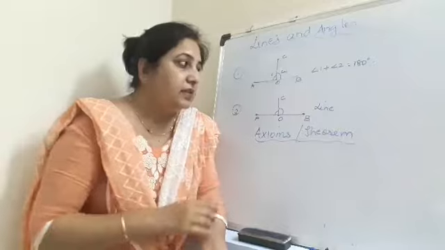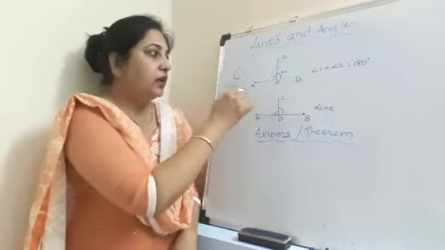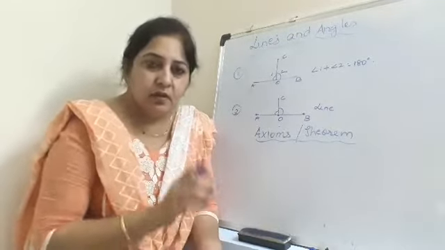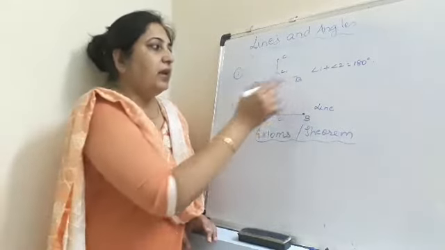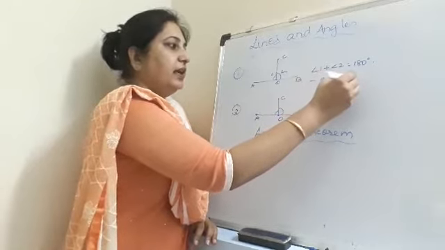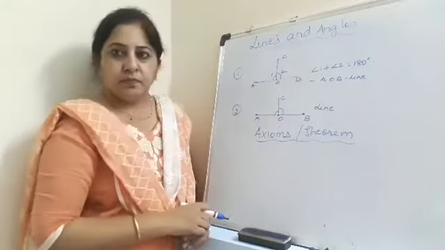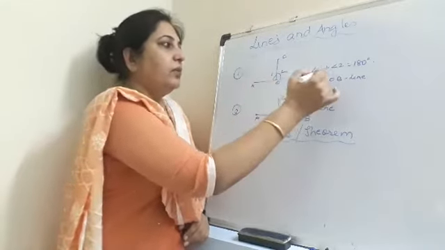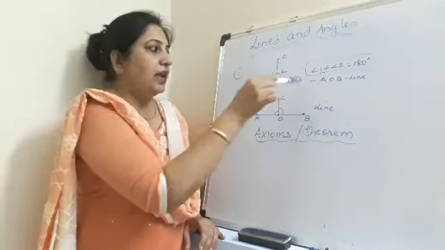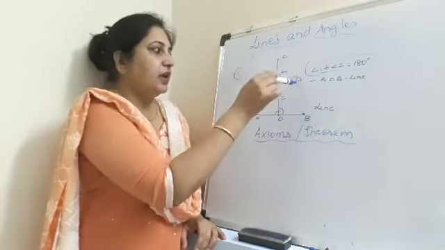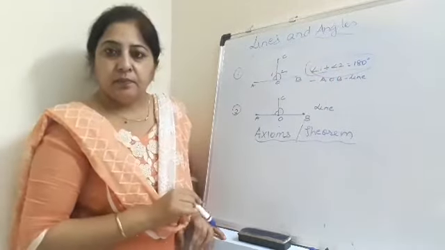Like over here there are two axioms given. First one is, if A or B, they are collinear points. What are collinear points? The ones which lie in the same straight line. A or B are collinear points. They form a line. If A or B forms a line, the ray standing on it is OC, and angle 1 plus angle 2 will be equal to 180 degree. So we can repeat and say, if a ray stands on a line, the sum of the adjacent angles is equal to 180 degree. This is axiom 1.